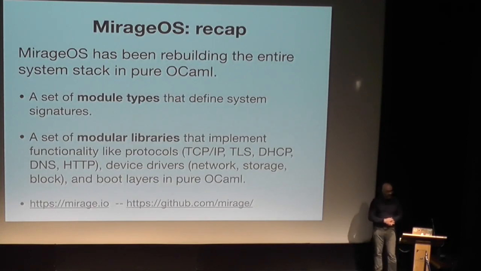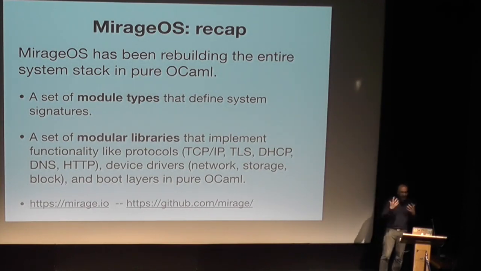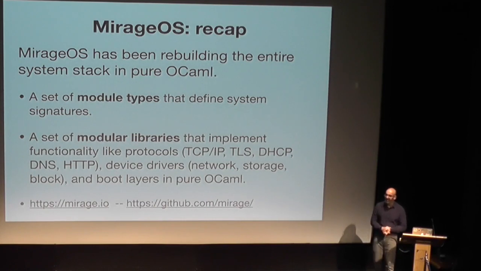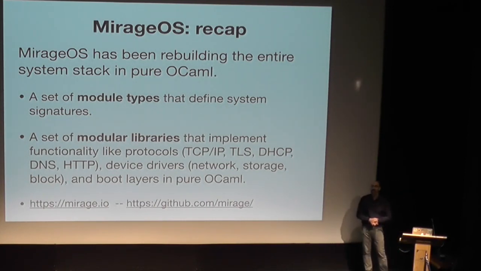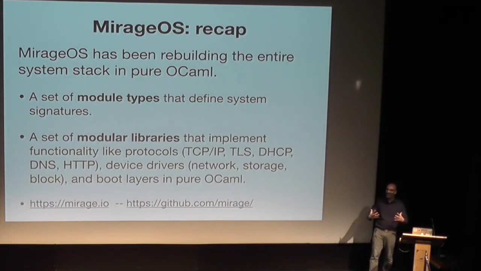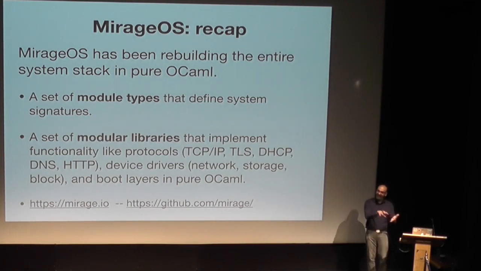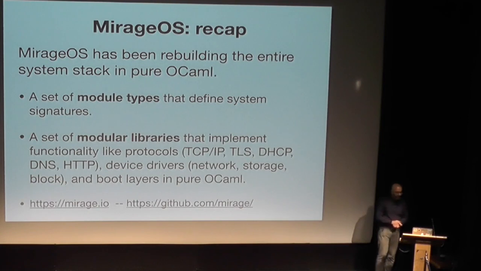And we have shown that you can build really quite complex abstractions with millions of lines of OCaml code and still result in these tiny little unikernels. But to recap, I gave you lots and lots of information in this first hour. We've been rebuilding the entire system stack in OCaml to re-examine what operating system interfaces look like, to go from the existing momentum of the low-level operating system interfaces from the POSIX style to these nice, rich, high-level modular style building things.